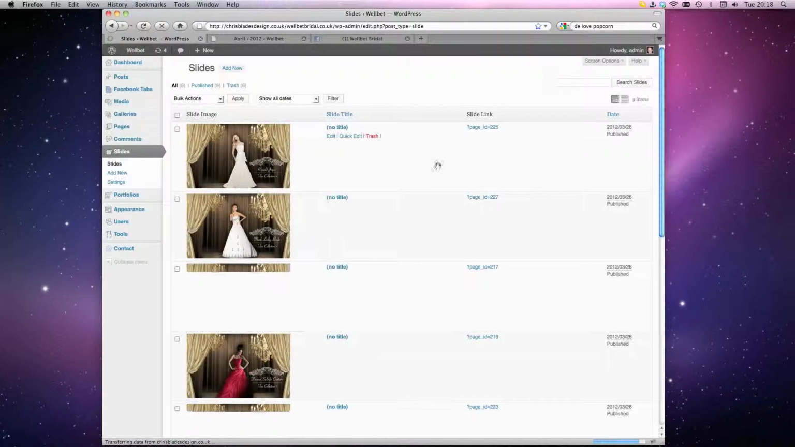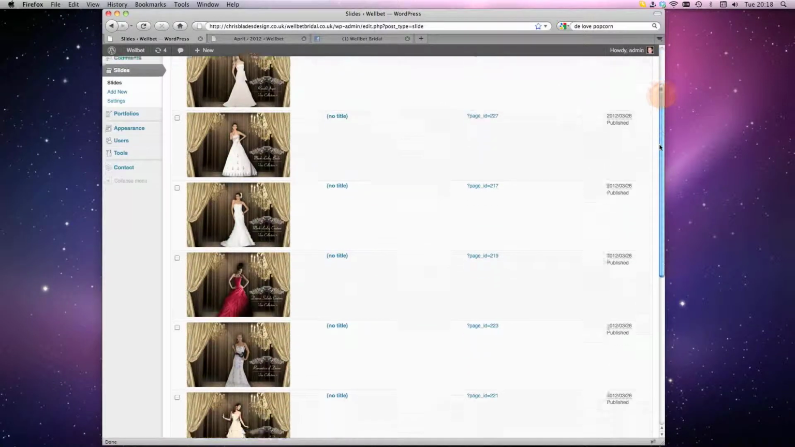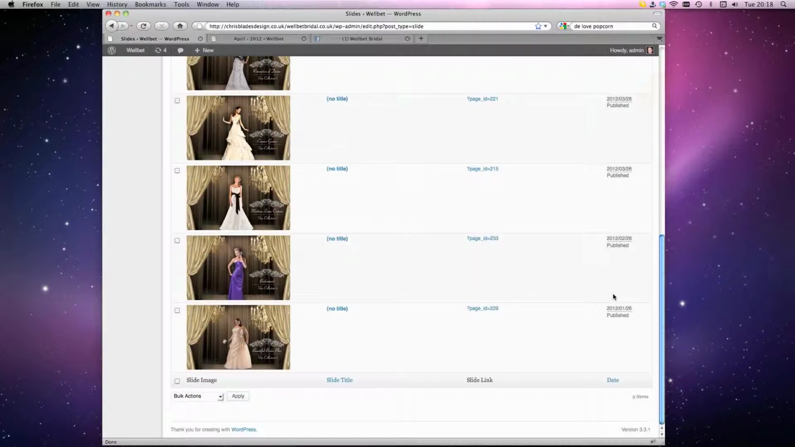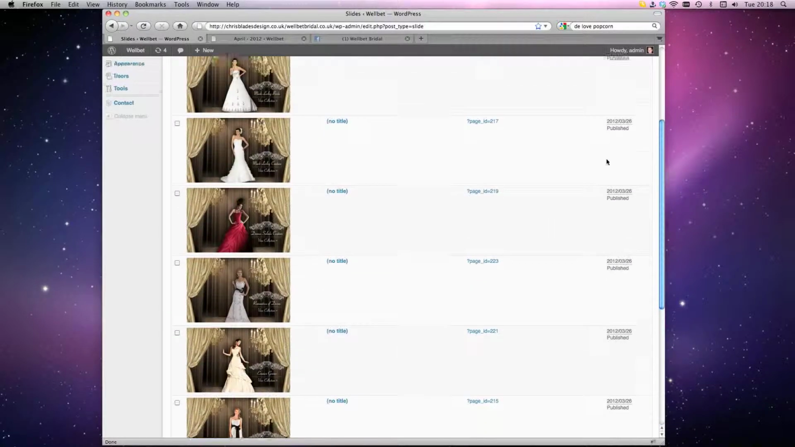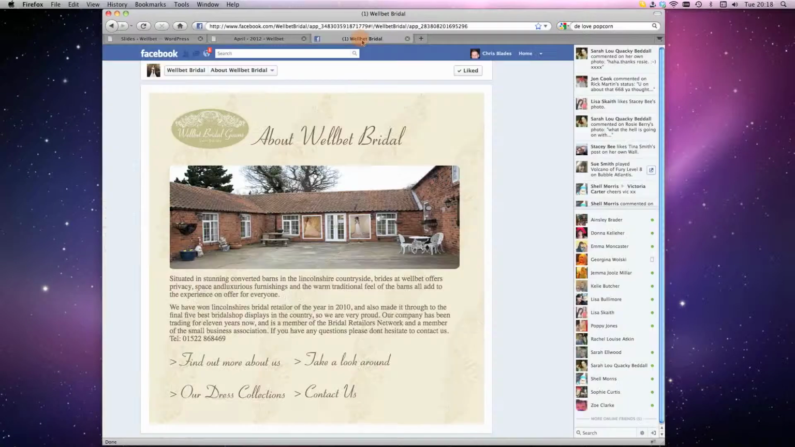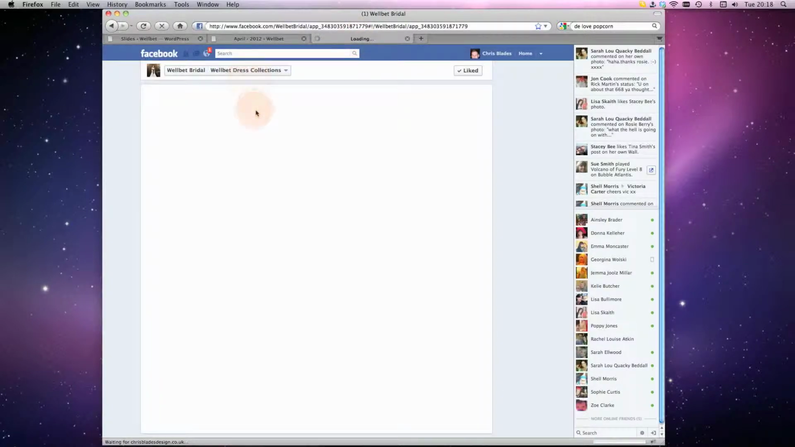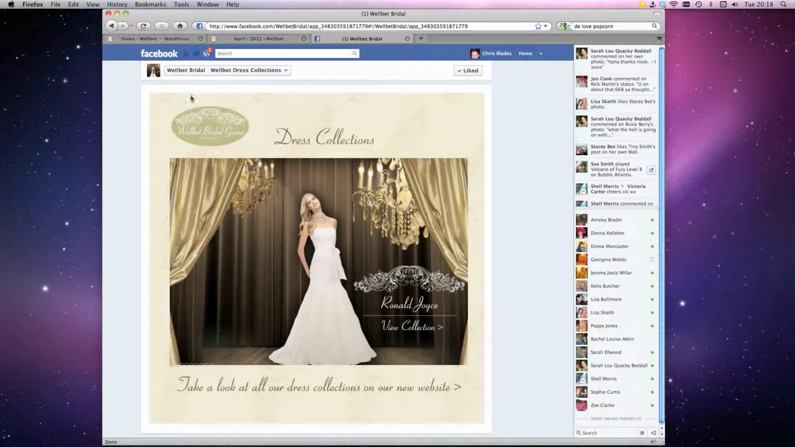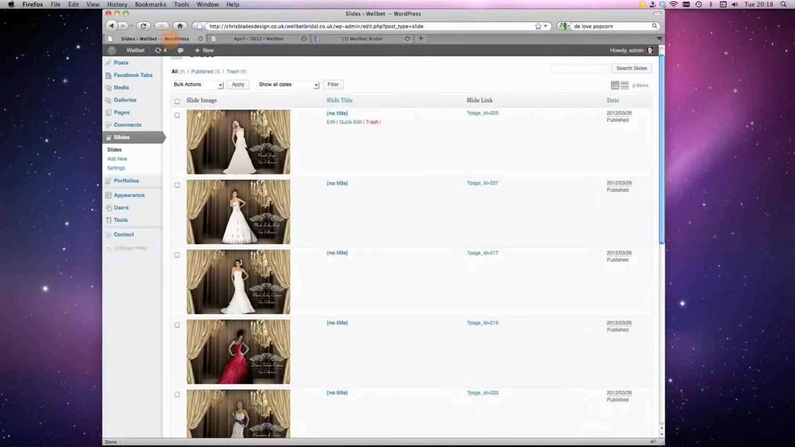and you'll see from the slideshow that you've got a series of images. These are all the images for all the different collections that appear within the Facebook sliding banner. So if we select Dress Collections, every image that appears in this main area here, when it finally loads, is actually listed here as well. So to add a new one, you